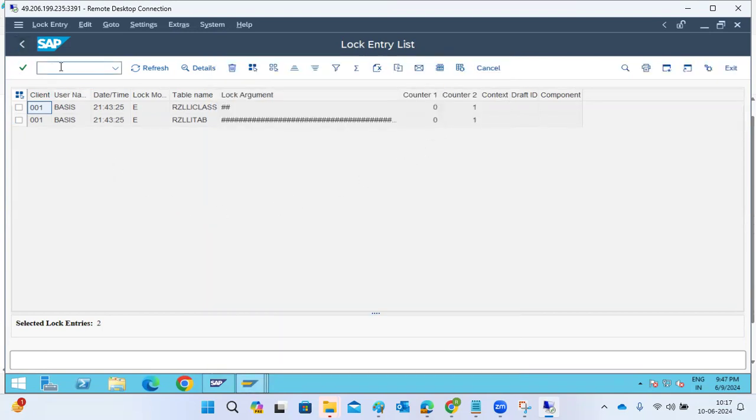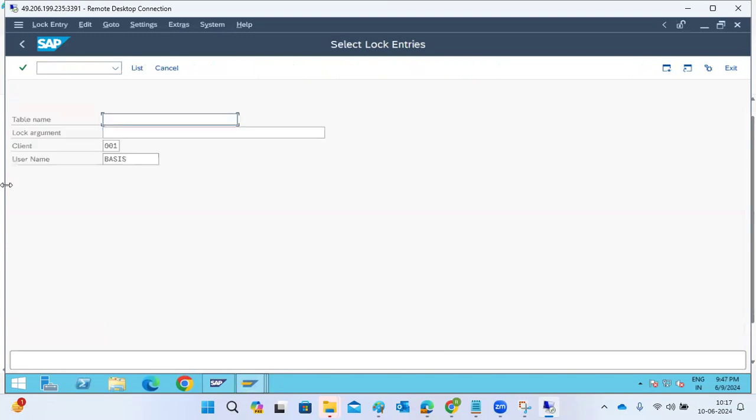But you say, oh, I only did it, no one knows I deleted it. Then you are calm. When you are in SM12, you assume no one knows whether I deleted this lock entry. But when you go to SM21,